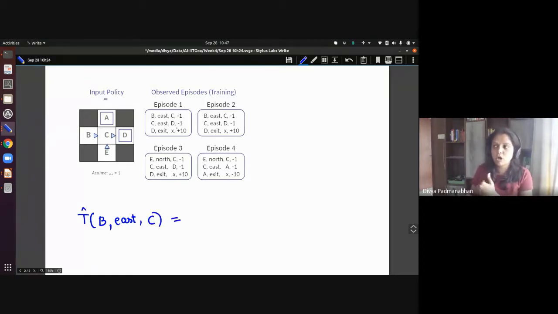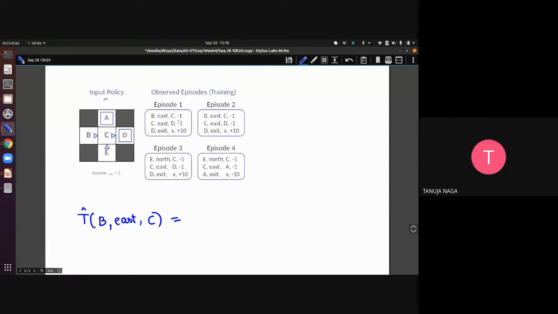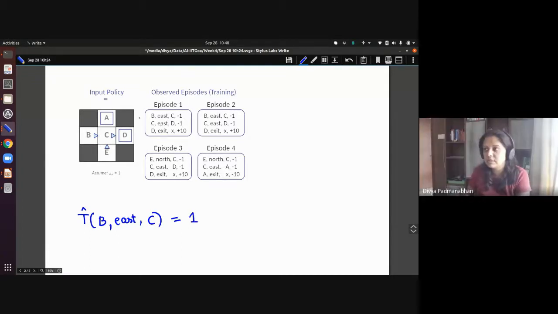Based on what I see from these episodes, it is the fraction of times that I reached C from B when I took east. Exactly 1, right? Because these two events were responsible for that. Everything else was a 0 probability.